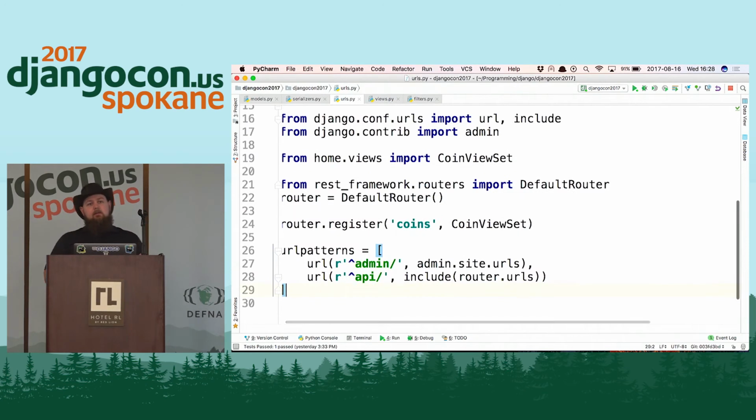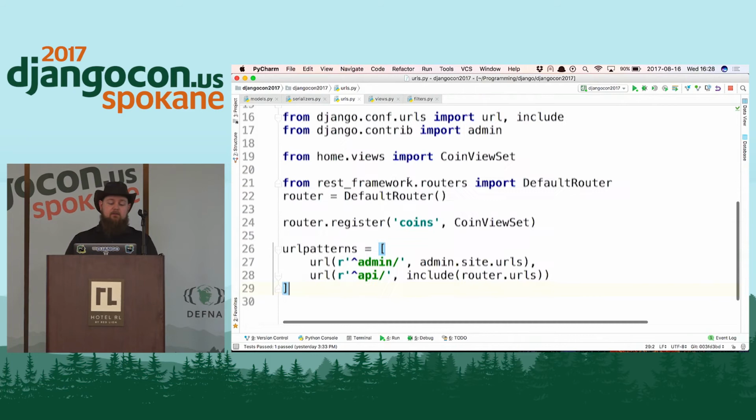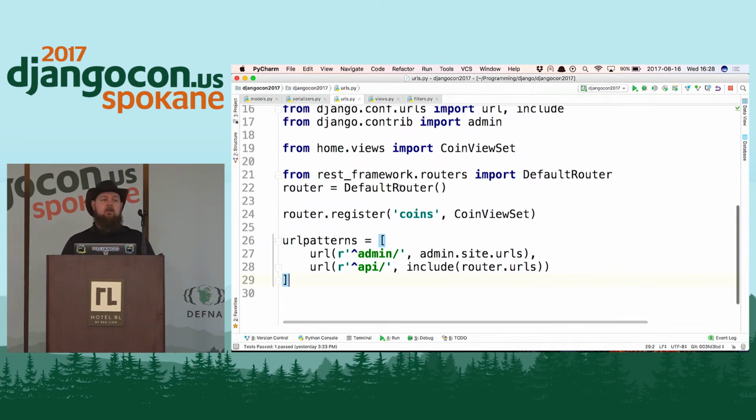So that's where things get a little bit tricky compared to regular views in Django: you have to deal with a router inside of Django REST framework and route information to different places properly. Generally, you can survive with just the default router. I have only ever written a custom router for the exercise of understanding what it does. I have not needed to do one in practice. If anyone has, please let me know, because I'd love to have a conversation and understand why someone would need that.